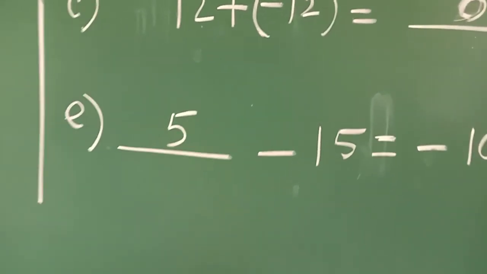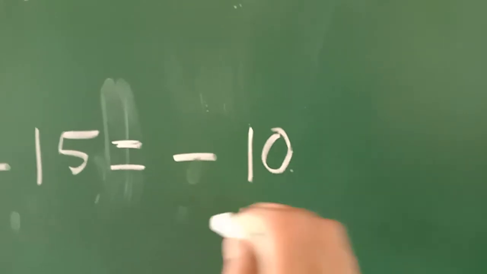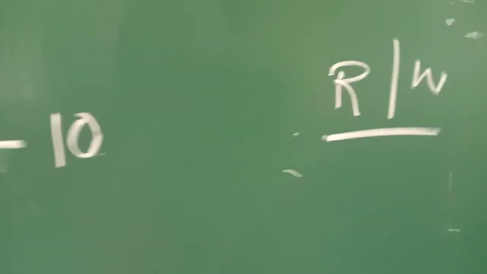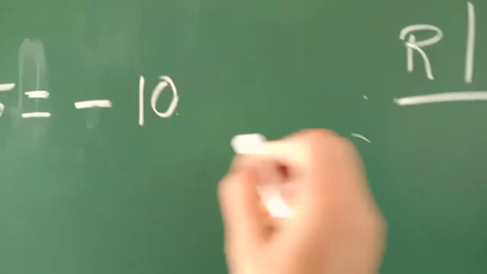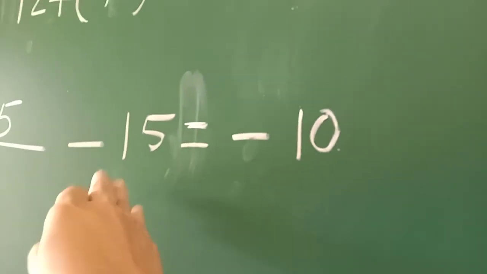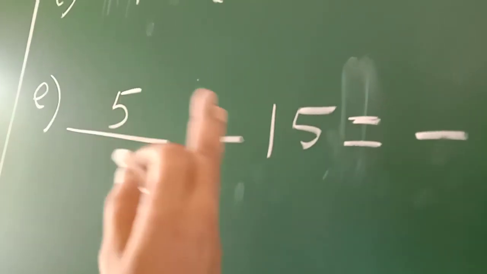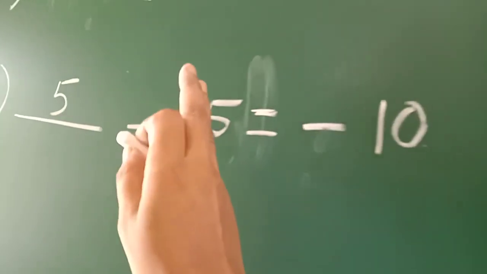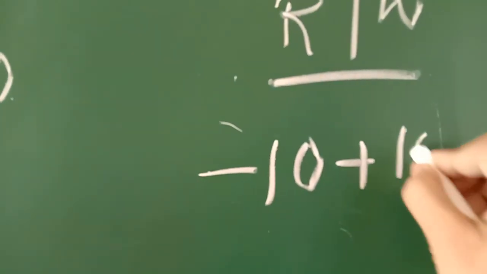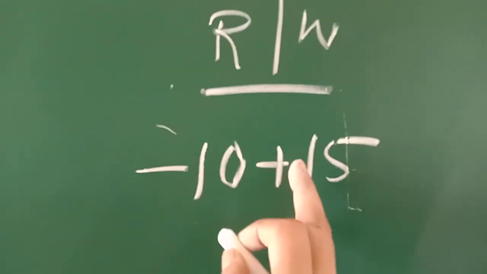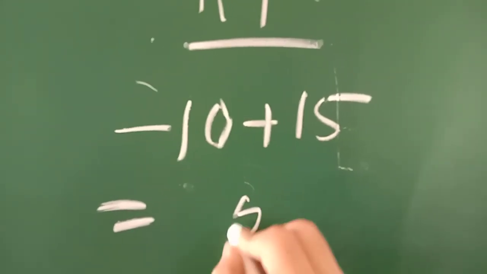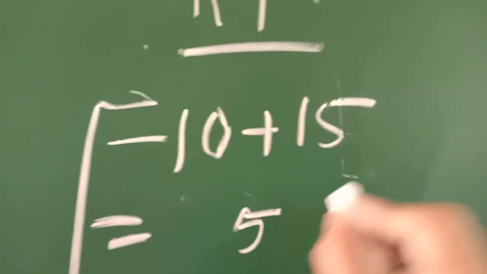For this, the process is, if the result was minus 10, you can do rough work in this way. The answer was minus 10, and this minus 15, you have to find this missing number. You have in your hand minus 15. Here you will add plus 15. Whatever the sign is, you just give the opposite sign and find the result. Minus 10 plus 15, that means 5. In this way also you can find out.